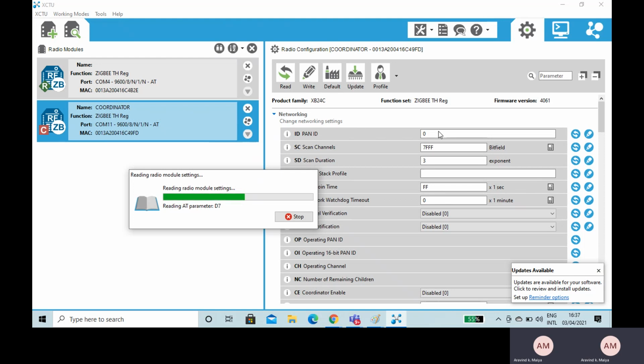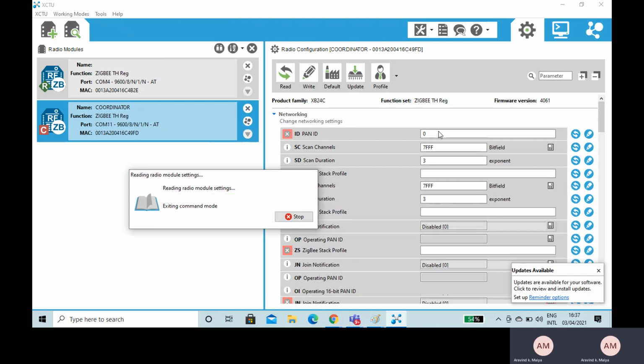So we will have to choose a PAN ID, any number from 0000 up to FFFF.